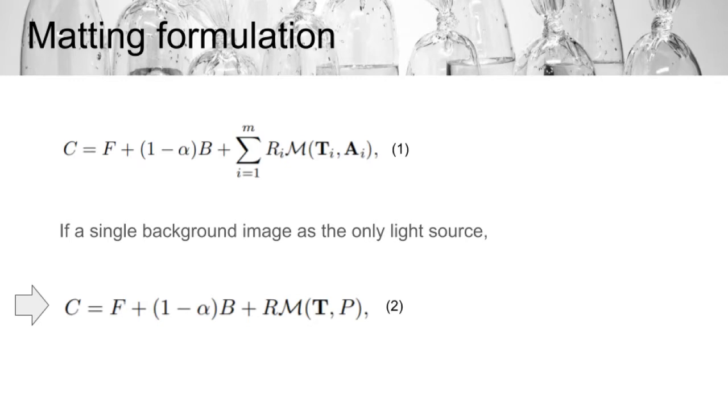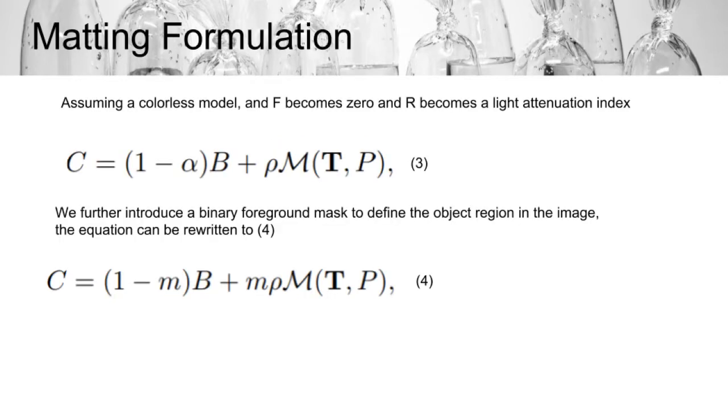Assume a single background image as the only light source. We can reformulate to equation 2. Assuming a colorless model, F becomes 0 and R becomes a light attenuation index. The formulation can be simplified to equation 3. We further introduce a binary foreground mask to define the object's region in the image. The equation can be rewritten as equation 4,